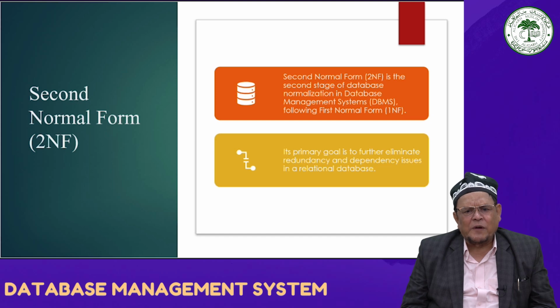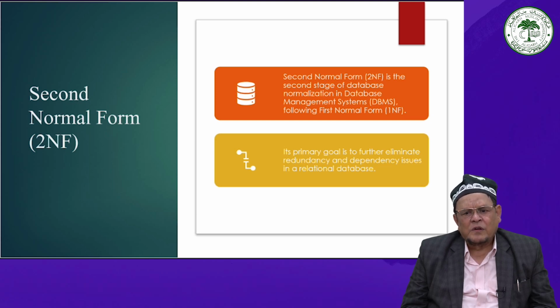If any non-prime attribute is dependent on only a portion of the primary key, it indicates a partial dependency and violates second normal form. To address the partial dependencies and achieve second normal form, the table may need to be